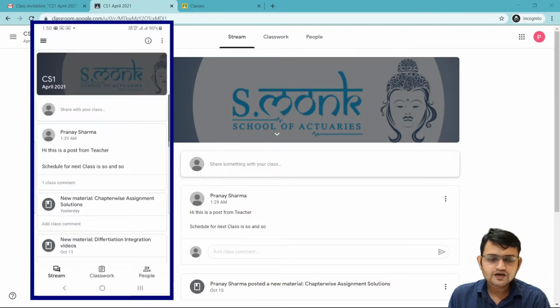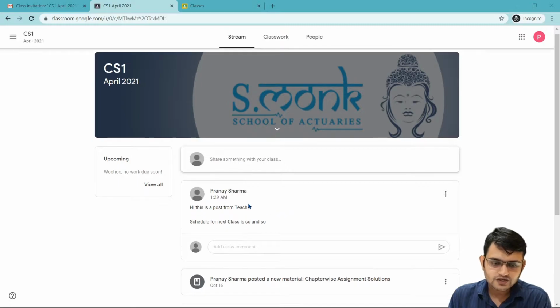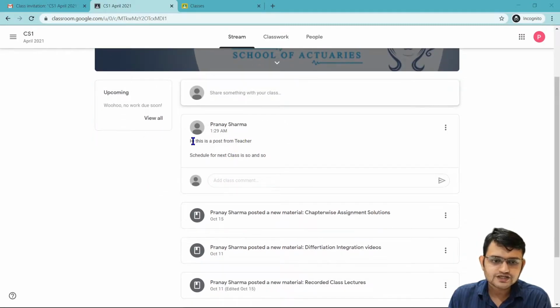Now when we are here, we have three options. You can see on our mobile at the bottom we have stream, classwork and people, just as on our laptop at the top we have stream, classwork and people. In our stream, we can communicate with each other in this particular class. Like I have posted as a teacher, hi, this is a post from teacher, schedule for the next classes and so on.